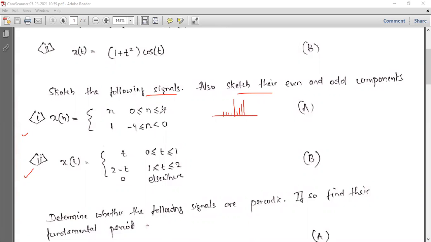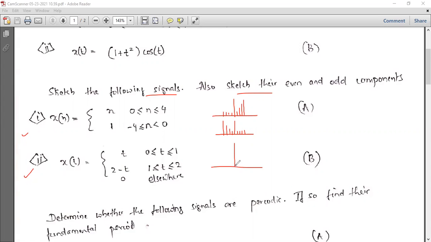I wanted you also to understand the difference between greater than equal to and greater than, less than equal to and less than. So when you draw x of minus n, again below it, what are you going to get? You are going to get this entire thing shifted on the left side, right? So many students, while adding, might have got a little confused. So will somebody tell me what we are going to get here on this particular side?